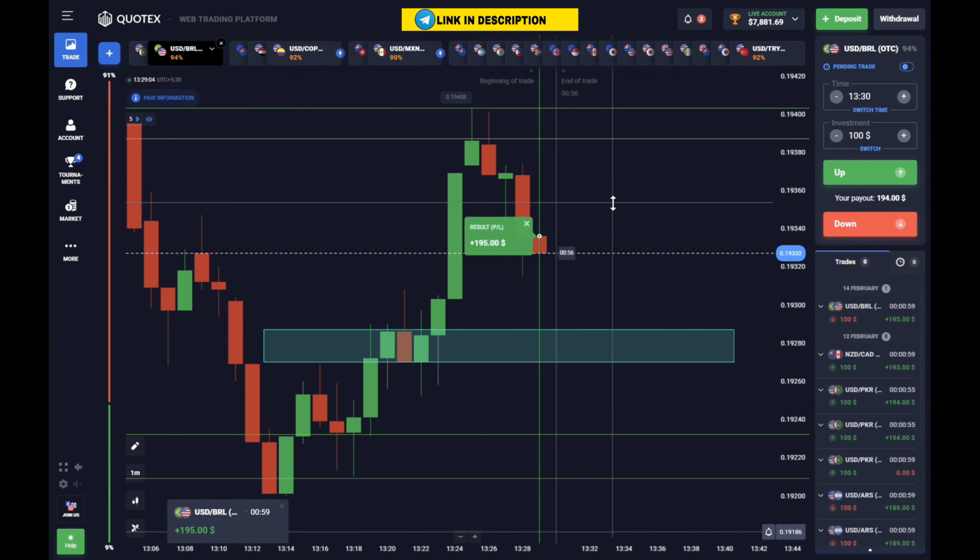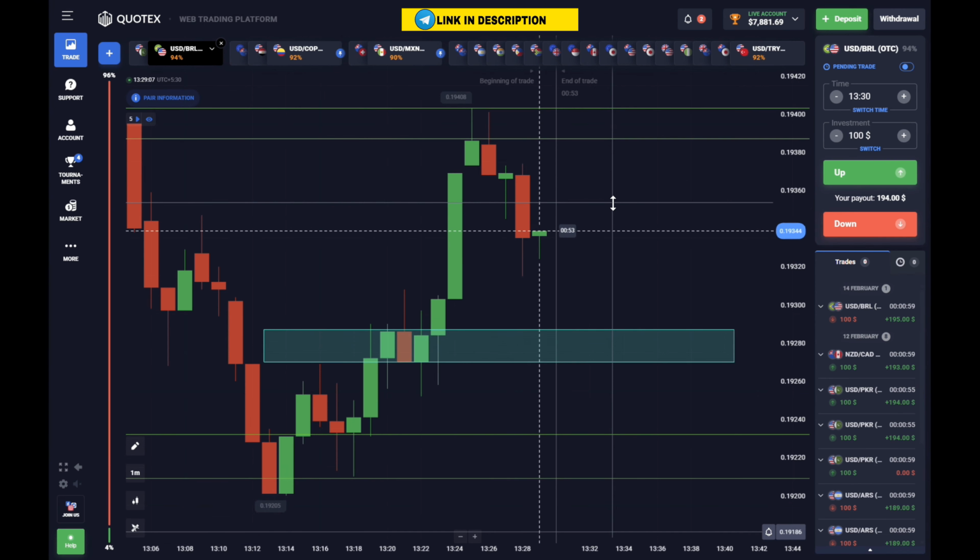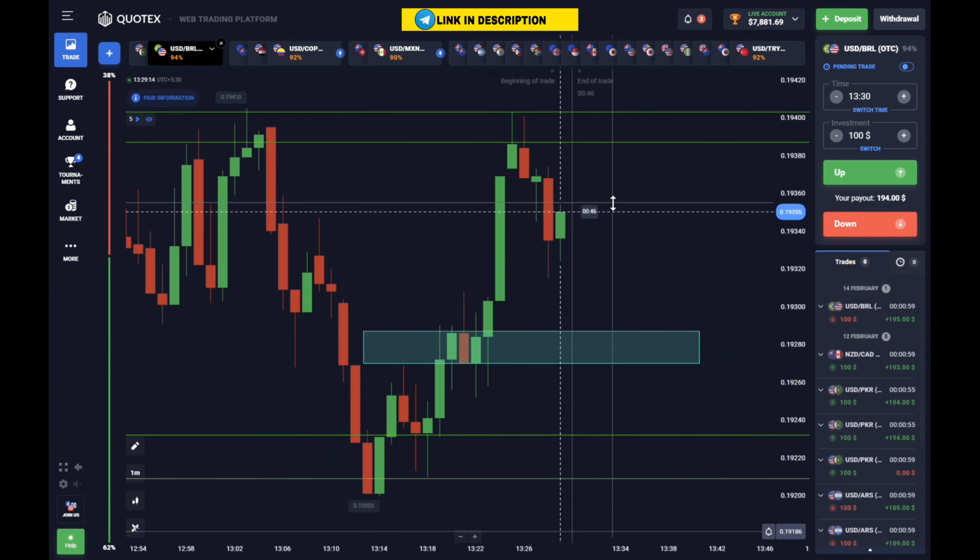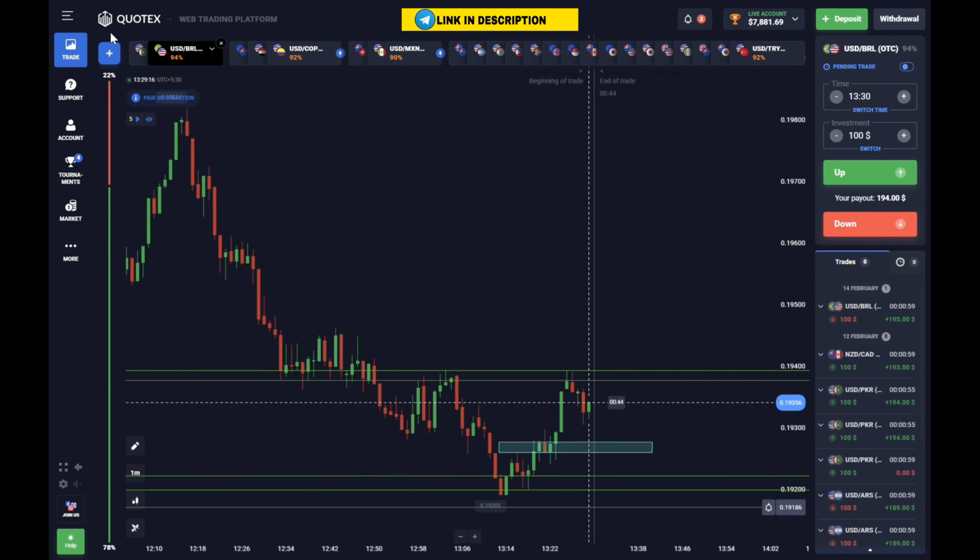So, finally, my trade here was in profit, so I had used support, resistance, and the rectangle. My entry right here was actually quite good, and I can honestly say that it was a perfect entry for me.